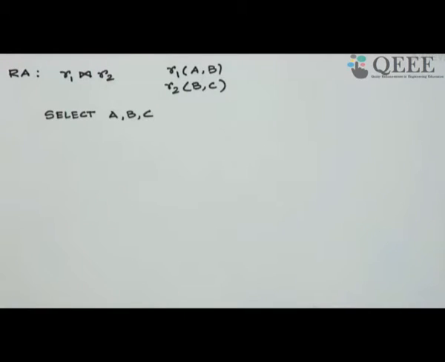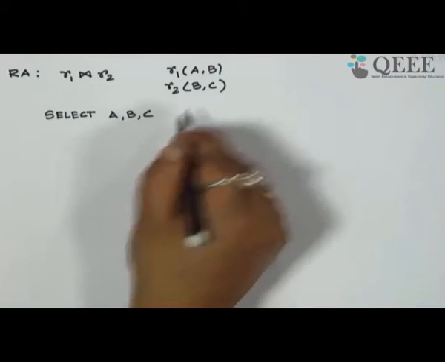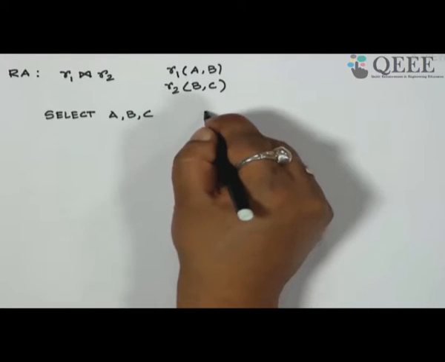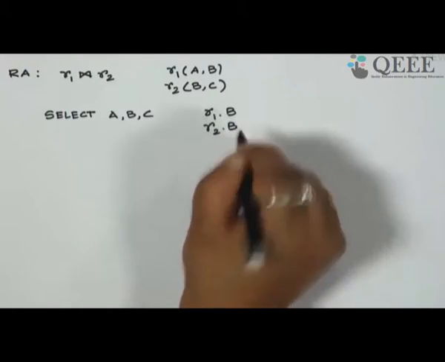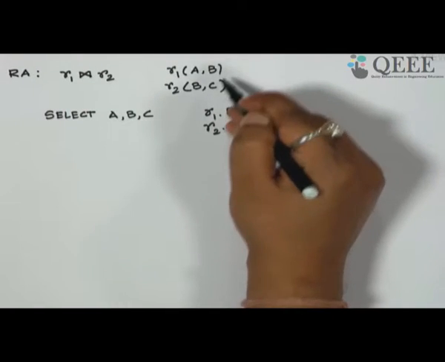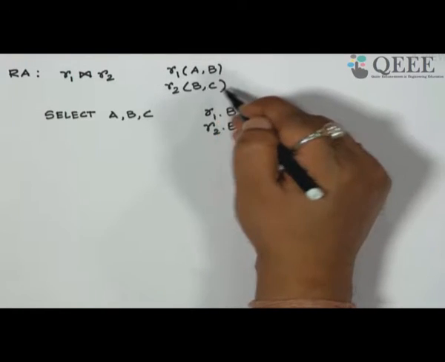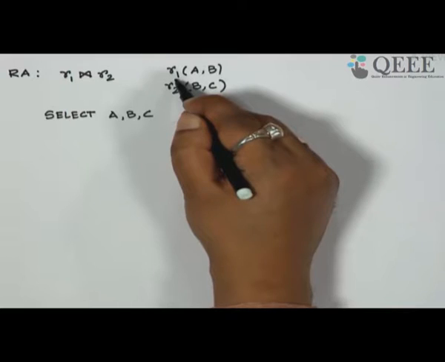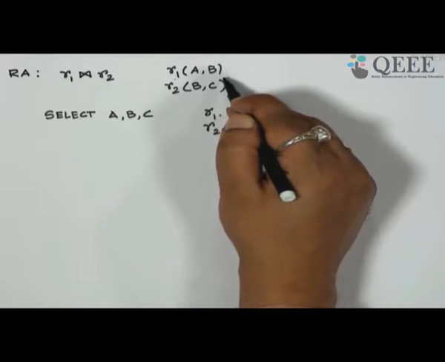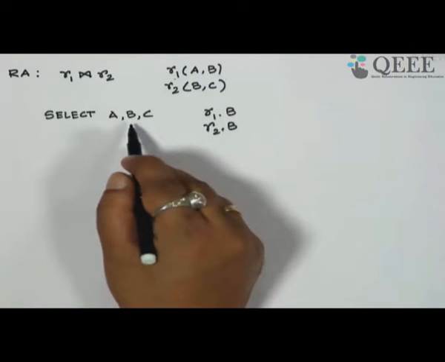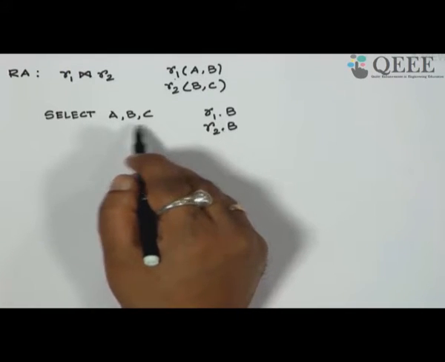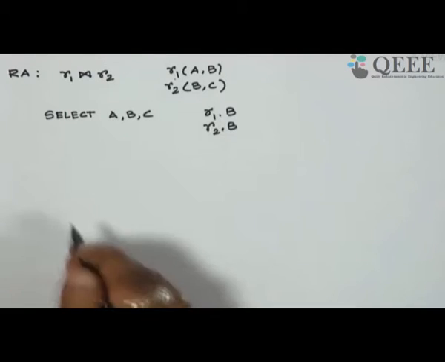Note one thing: sometimes you can have a two-level nomenclature. So this B of R1 you can write as R1.B, and B of R2 you can write as R2.B. It is possible that two tables, two relations, share the same attribute name. How do you distinguish them? By writing the table name dot the attribute name. So in this case, this means R1.A, this means R1.B or R2.B, any one of them, and this means R2.C. In this context, I am just writing it like this.